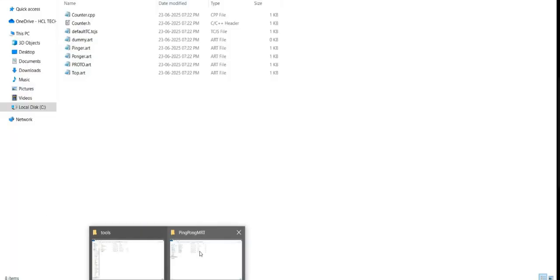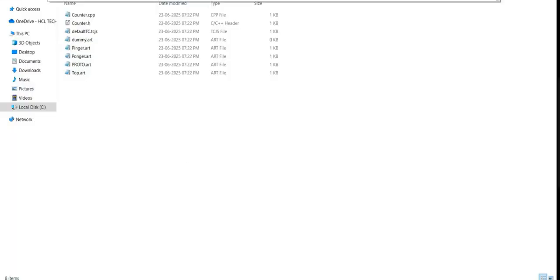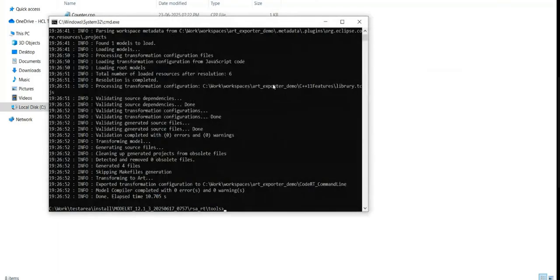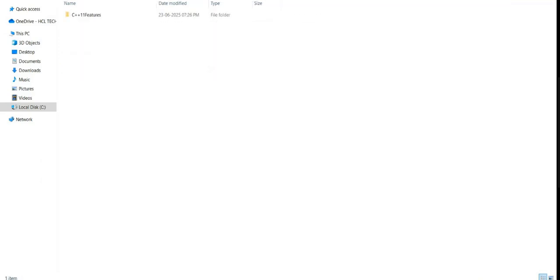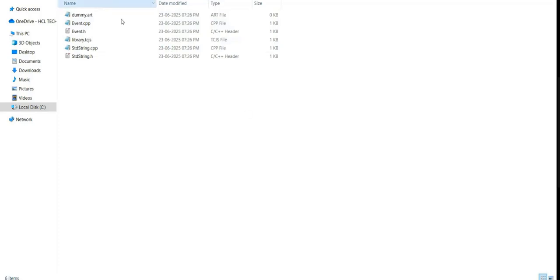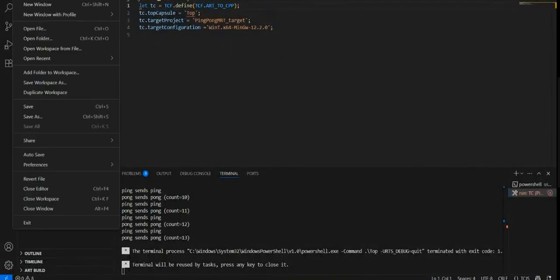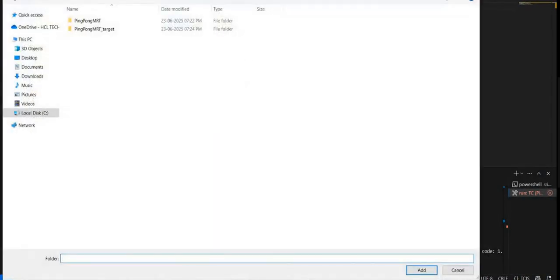If I go to that location, here you can see the project is exported, and then let me add this project to the Code Real-Time workspace.